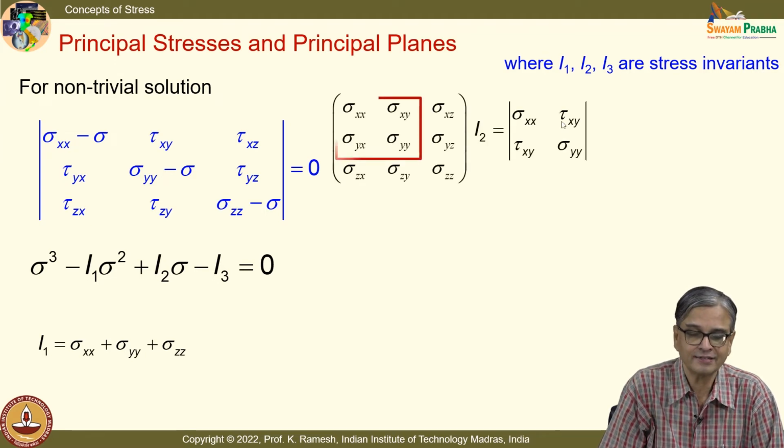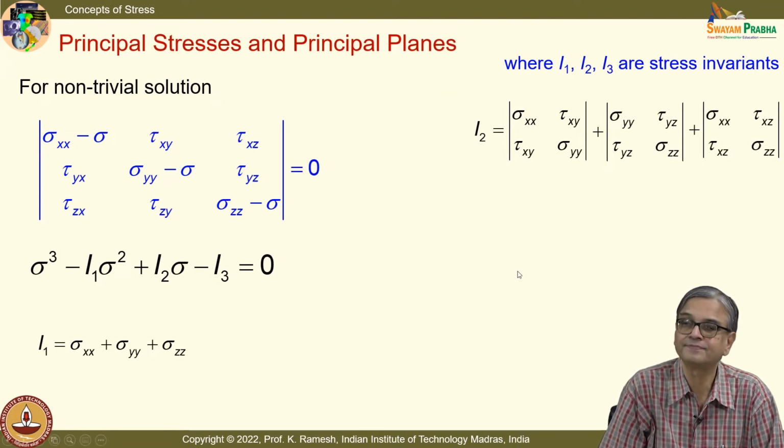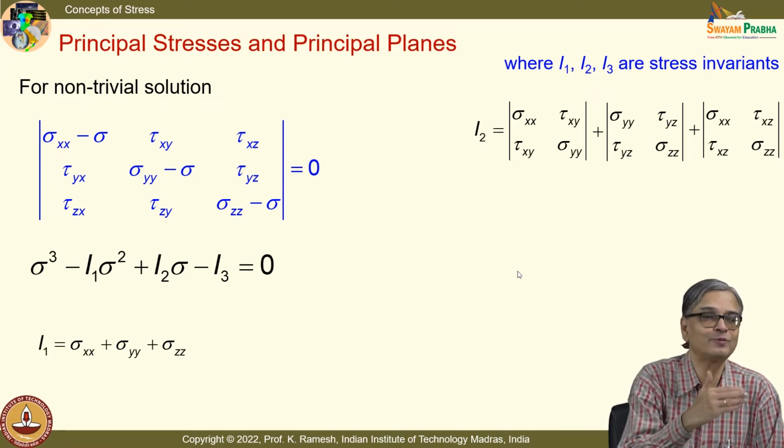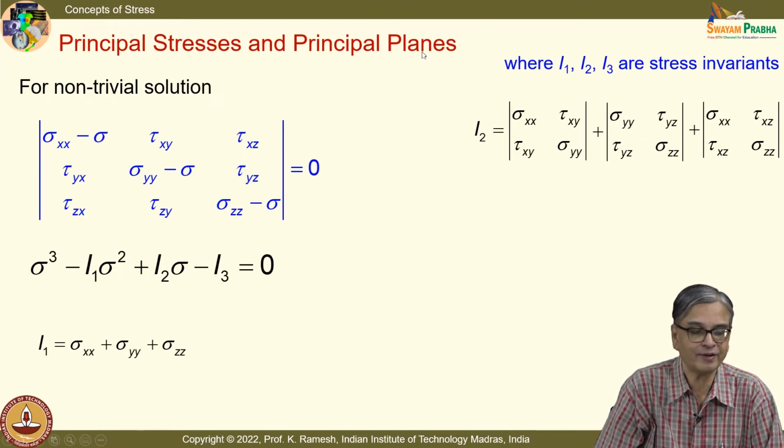So, I2 has sigma x, tau xy, sigma yy taken as the first 2 by 2 portion of this 3 by 3 matrix, plus this portion of the matrix, sigma yy, tau yz, sigma zz, and all the 4 corner elements. So, if you know how you have sequentially written down I2, you can easily write it out from the given stress